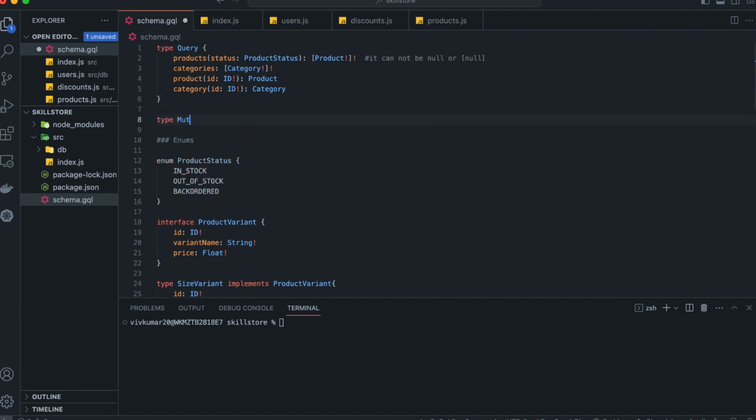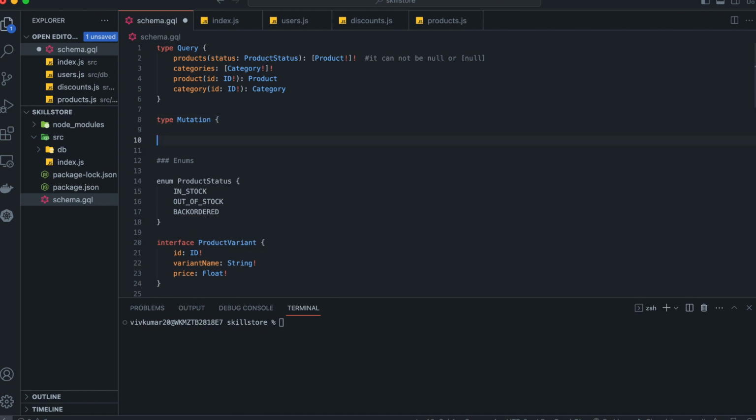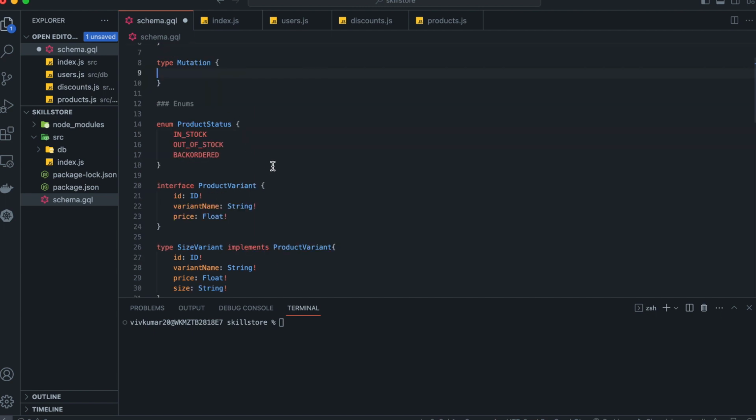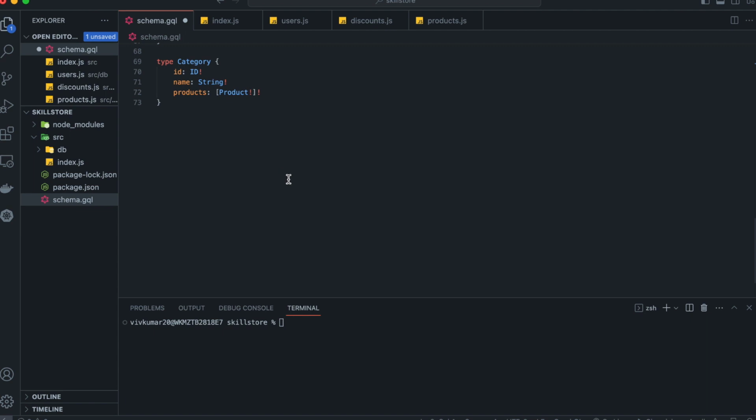writing mutation, which starts with a capital letter. Yeah, this way. What we are going to do here is define one new type, and that will be user. I will be using a couple of properties for the user. First one is ID, second one is username, third one is email